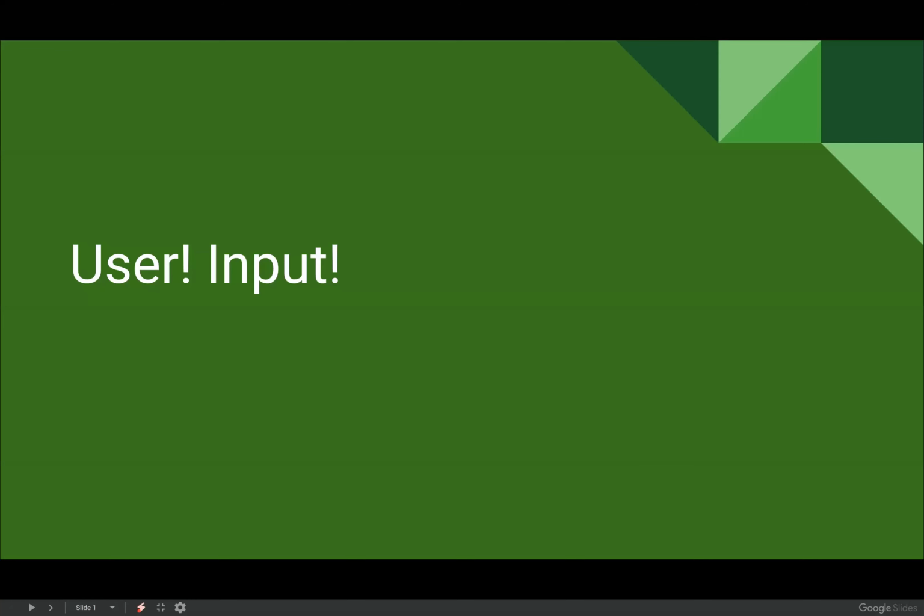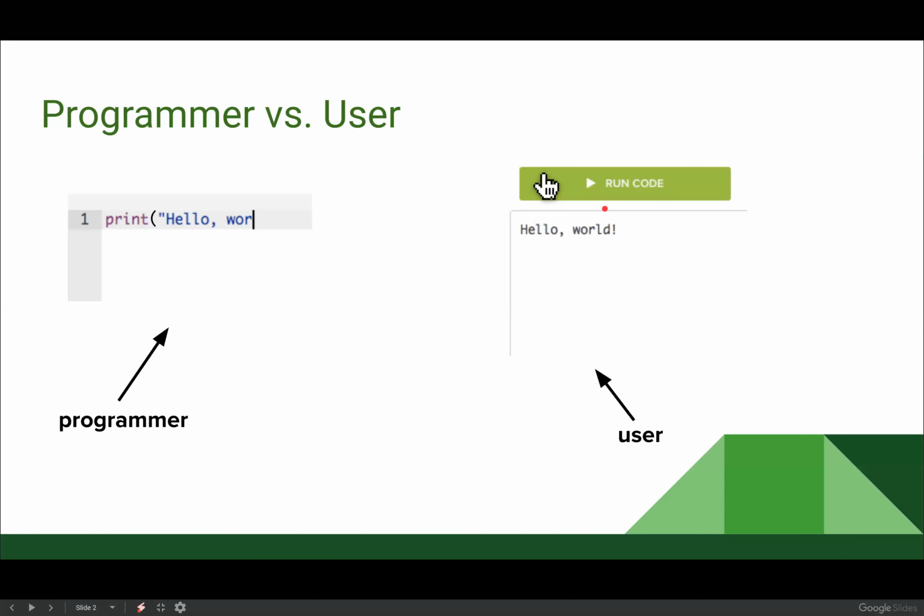All right, we're talking about user input. So up until this point, we have been acting almost solely as the programmer. That is the person who is actually writing the code. And our only job as the user has been clicking the run code button and reading what is popping up in the output console. So we are currently filling both shoes of programmer and user, but